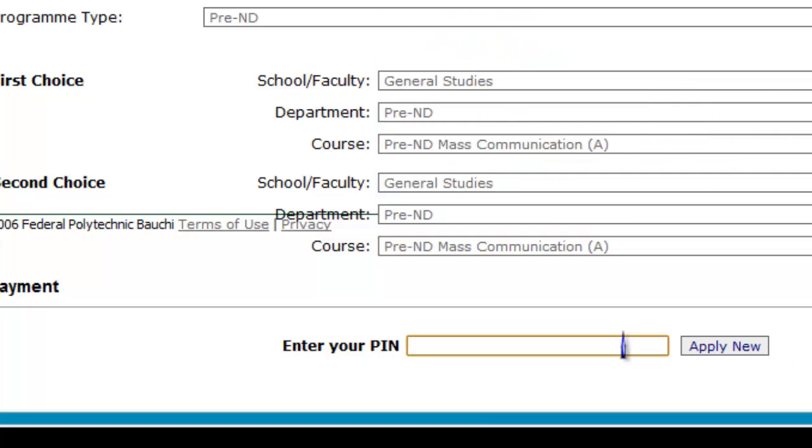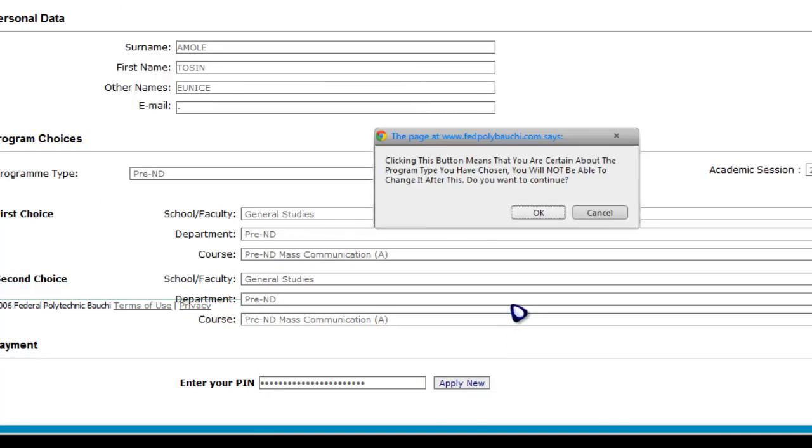Now, then we come to the section for PIN. Now, your PIN is the confirmation order number on the application and the PIN you bought from the bank. This PIN was bought from Access Bank. Once you are done entering the PIN, click on apply and